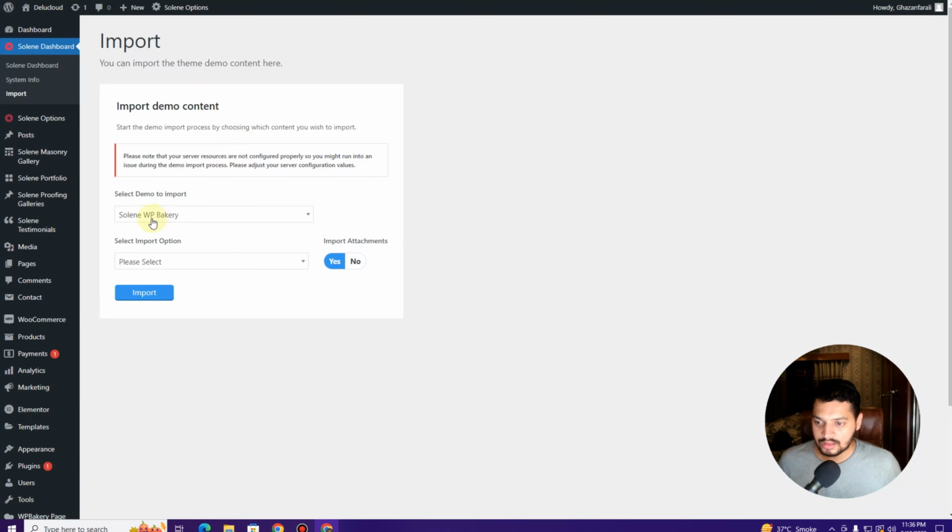And once you click on this import button, here you will have the option to choose whether you want to use the WP Bakery page builder, or Elementor, or Gutenberg. So in this video we are only working on Elementor, but based on your preferences you can choose any of these page builders. I'm going to choose the Solene Elementor, and then from here I want to choose the all option